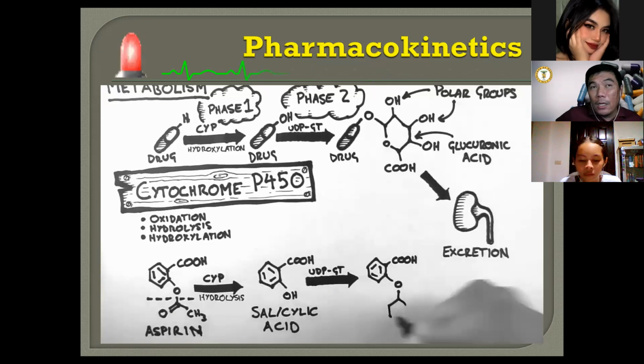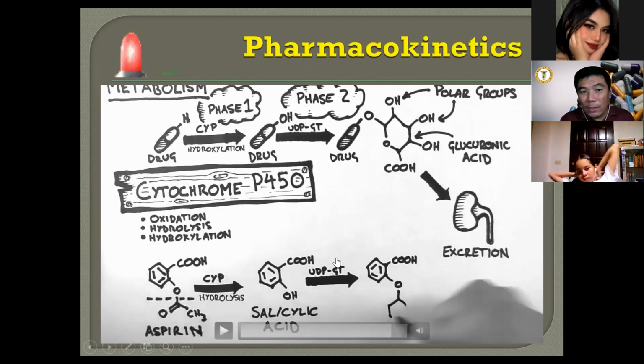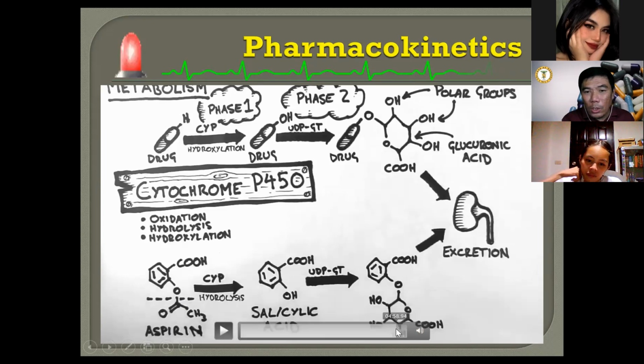So that's why most of the drug is given to those who may have a stroke because of the obstruction of a blood clot in the heart, or blood vessels that caused a heart attack because it is caused by the blood clot. So to prevent the blood clotting again, to obstruct the blood vessels, they are giving aspirin or salicylic acid. We will not concentrate on this anymore because it just mentioned that they have phase 1, phase 2, until it proceeds to the excretion. So okay, next part.